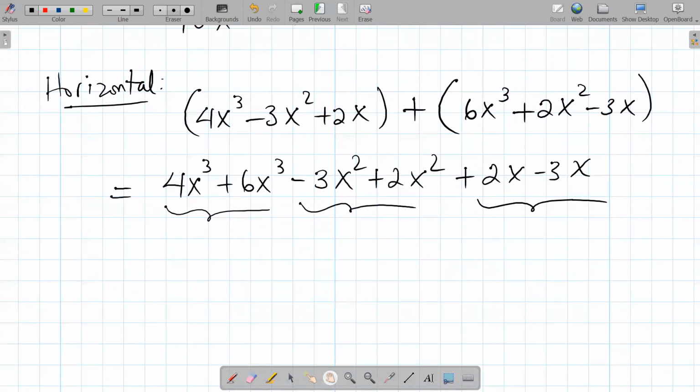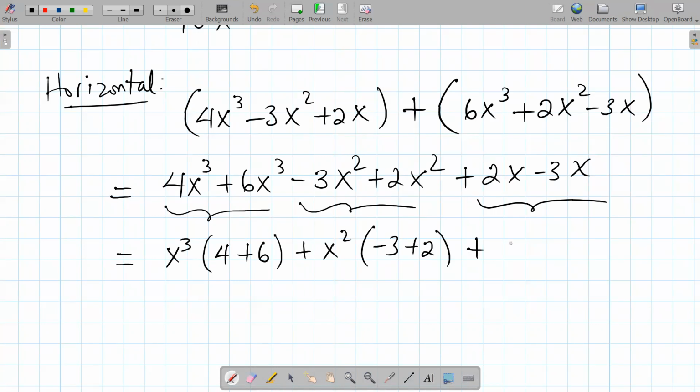You should be getting the same result as we did with the vertical form. So here, the x cubed is common, so you pull that out basically. Here, the x squared is common, so it's going to be something like that. Here, the x is also common, so you pull that out,